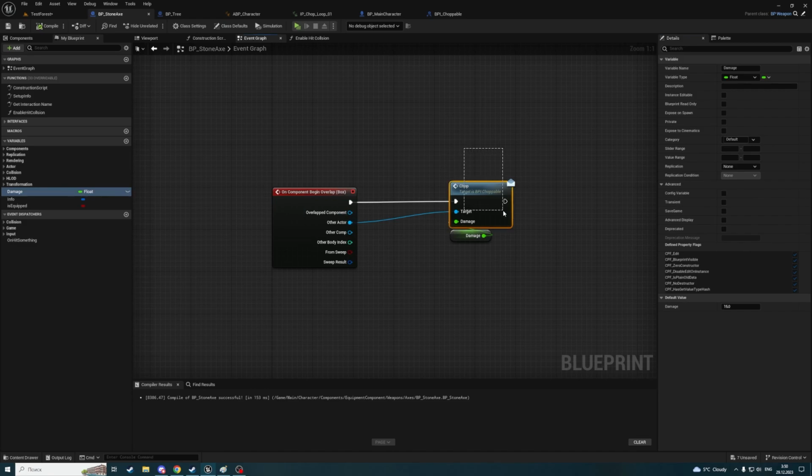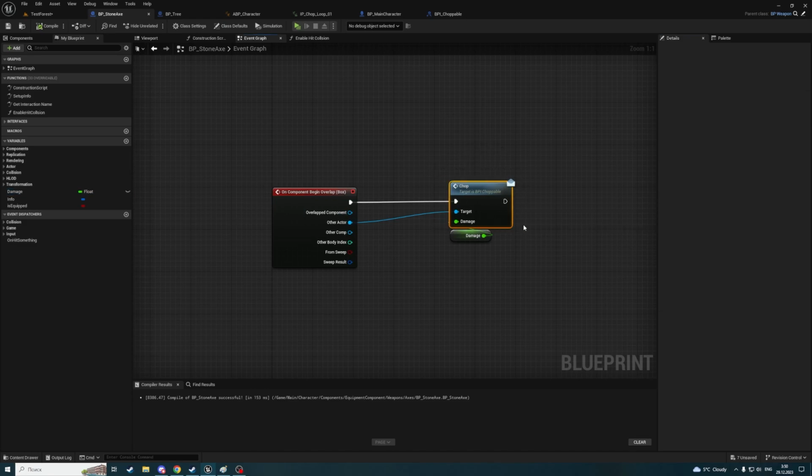Now, if an actor implements this interface with this function, it will receive such function. If not, then nothing will happen. Okay, but we have another problem. We may have another problem. We should disable this collision as soon as